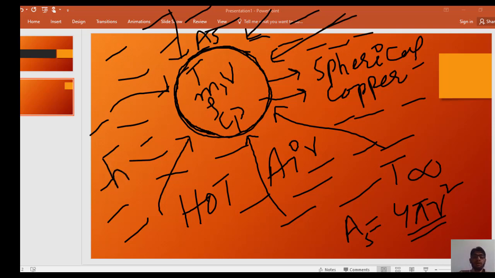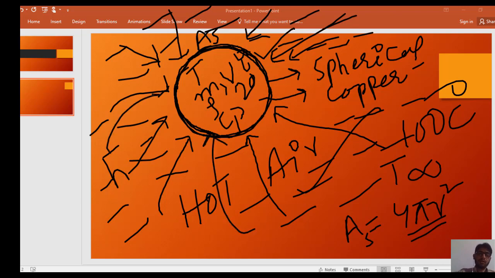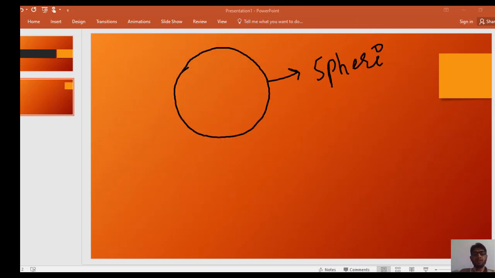So what will be the energy equation for this copper material which is placed in the air? Now we are going to write the energy balance equation for this copper material which is placed in the hot air. Suppose it is at 100 degrees and this is at 20 degrees. So heat will transfer from the surrounding to the system. Suppose the copper material is the system. In this case we will use the energy balance equation.